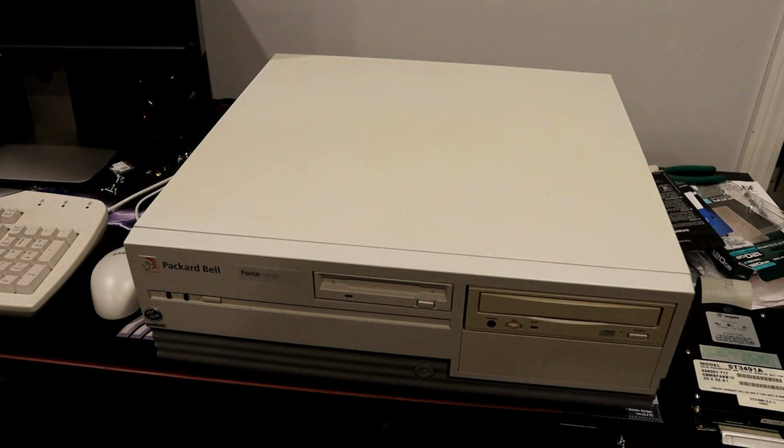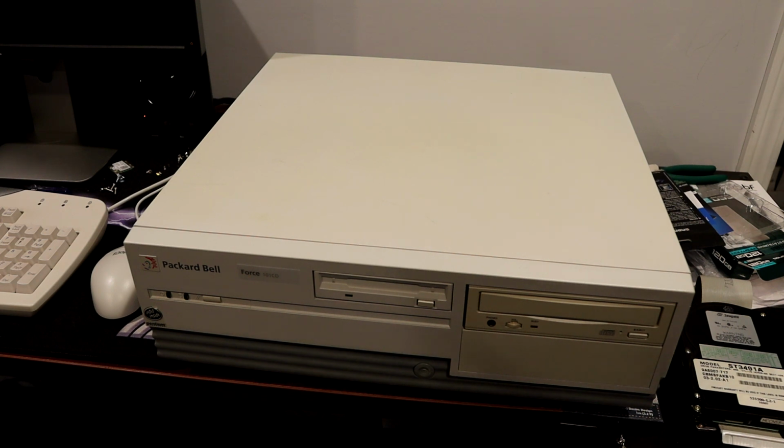Hello everyone, back at it again with this Packard Bell. In the last video you saw me tear this thing apart, see what's inside it and all that stuff, and I've since replaced the RTC, which was another video, and it's all back together and working, and I really like